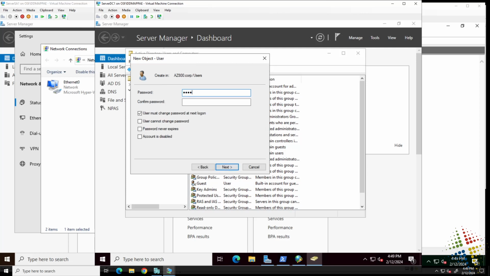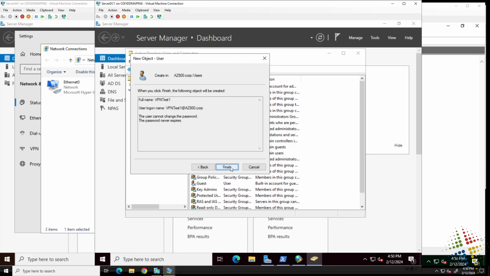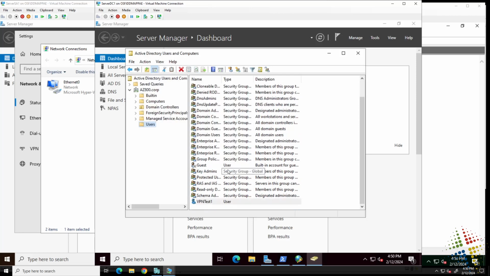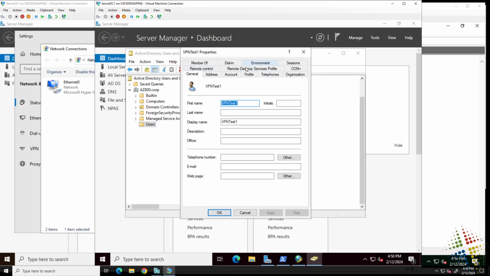Password 01. And then I'm going to uncheck change password, as well as select user cannot change password, and never expires. Sure, why not? And finish. At this point, I'm going to go into VPN Test 1 and I'm going to go to the